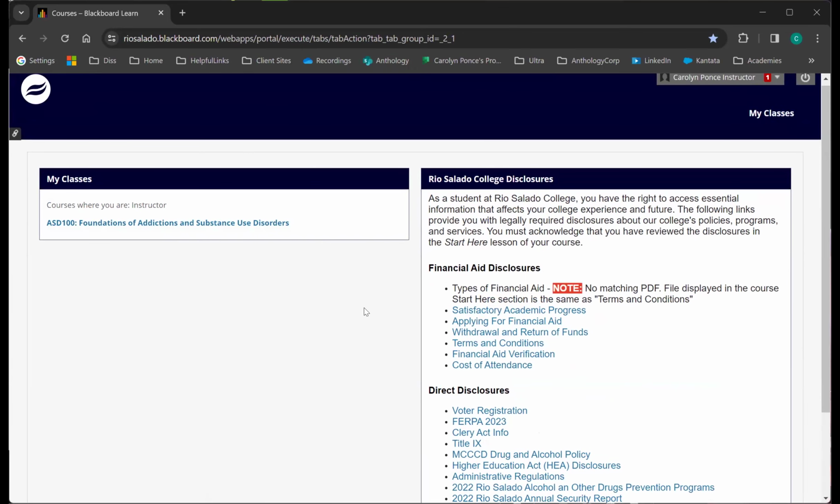So right now we're landing on what's called the course home. This course home area is a module page. So it's got boxes on it, just like you had on your My Classes tab. So various modules. The team is working on a Start Here module, but there's also this one called My Announcements. So you can post announcements for your students to see, and they'll show up in that area.